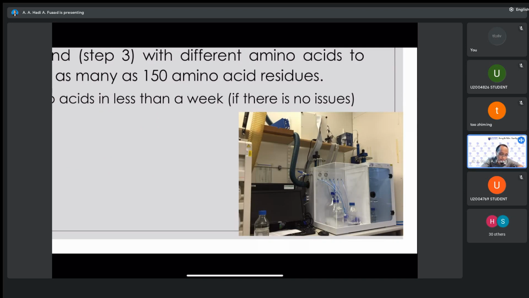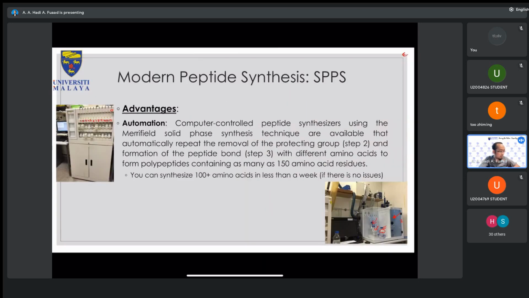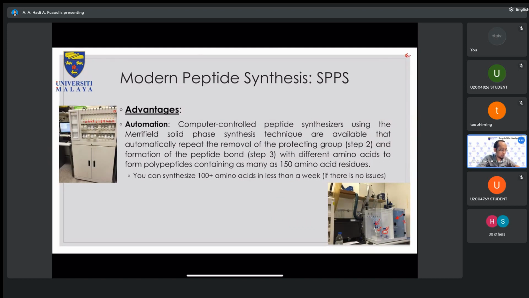Okay, why? Because we cannot see it here, but inside here is where you keep all the synthesis vessels with the resin, and this system can only hold, if I'm not mistaken, just two different vessels. In comparison, the other one on the left can synthesize up to 12 different peptides simultaneously. And this is where you put all the reagents and whatnot. And if you notice, that is actually my handwriting. So these are the two instruments that I've used during my studies, working.